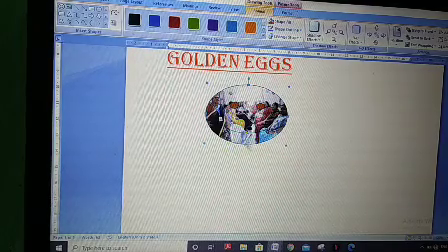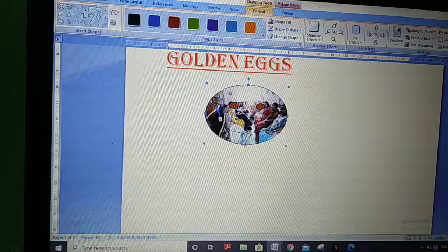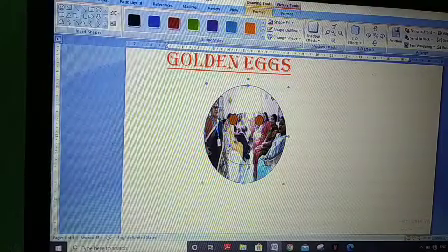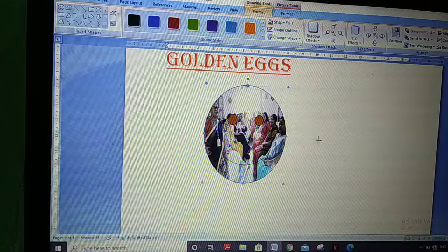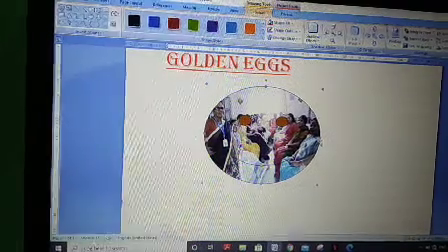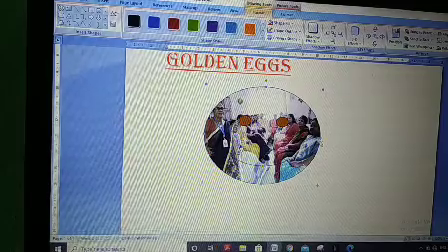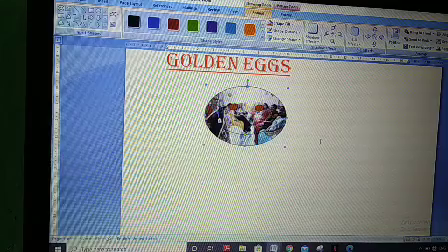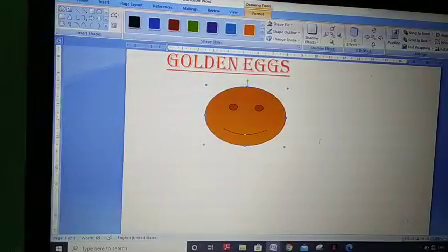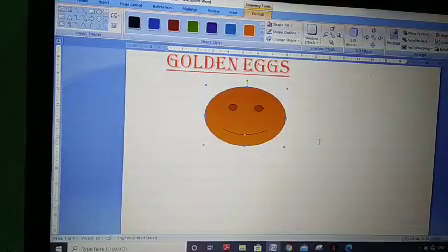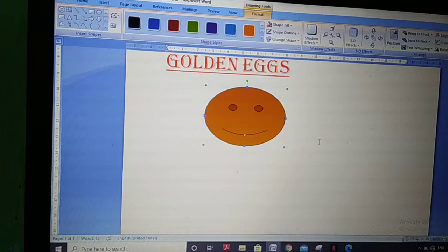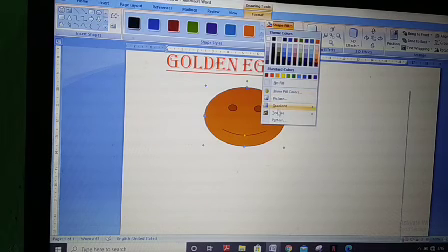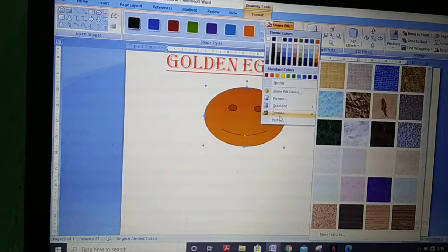Within the shape, a picture can also be filled. If you have pictures, pictures can be filled, color can be filled. The shape fill option gives you these options: picture, gradient, texture, whatever you want.